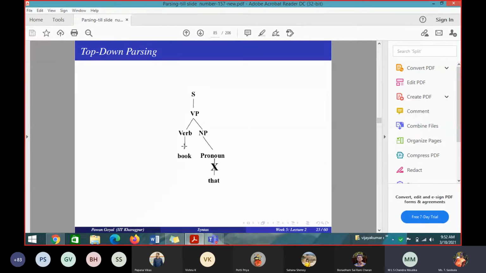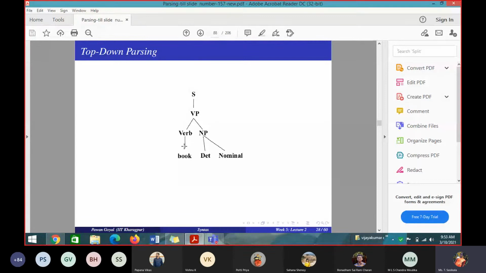Please respond, students. You have your rules with you, right? No, so that is wrong. Next, what is the combination you have to try NP with? Sorry, this is pronoun. So NP with proper noun. I am showing step by step because you have to derive it like that in your exam. Otherwise, I can just show the final tree. That's why I'm taking all combinations, putting tick marks, cross marks, everything. Proper noun, that is not there.